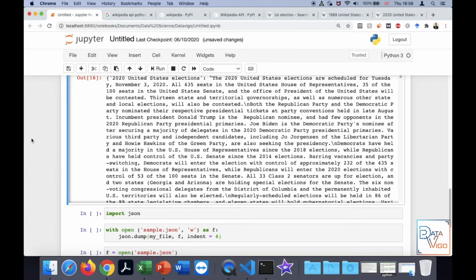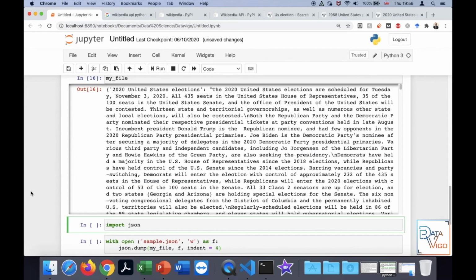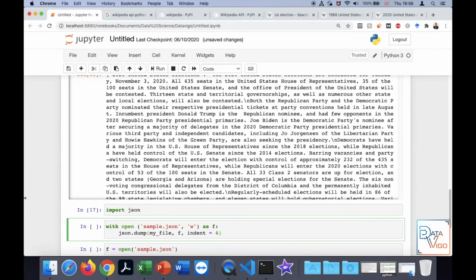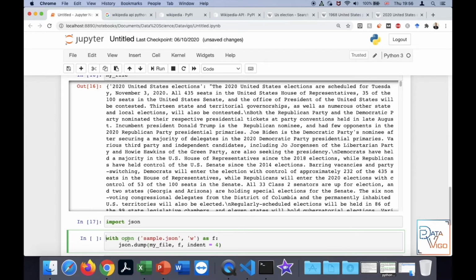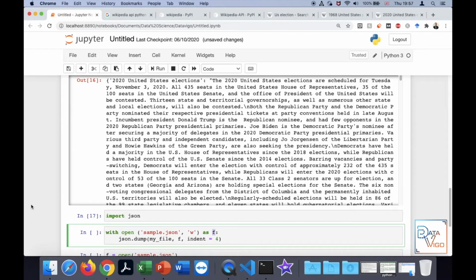The other thing I wanted to tell you is that if you want, you can also store this extracted data in a JSON file, and JSON files are a very good choice for storing this information. So I'm going to import json. Then this is how you store the information. You type with open, so you're going to open an empty file, and then you call it whatever you like, sample.json, and then you put it in writing mode. And then you assign a handle to it as f or whatever you like.